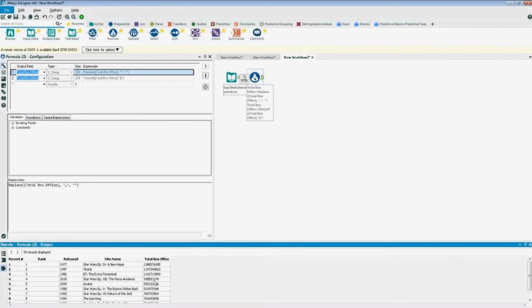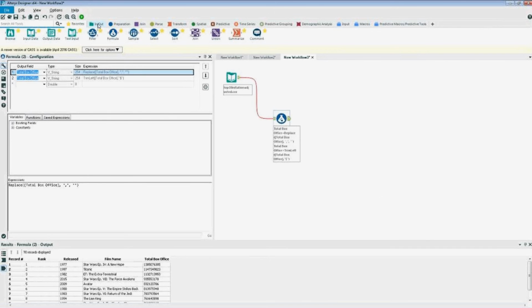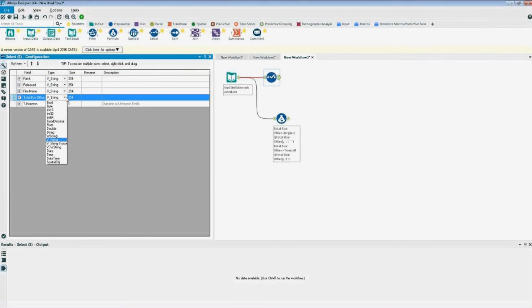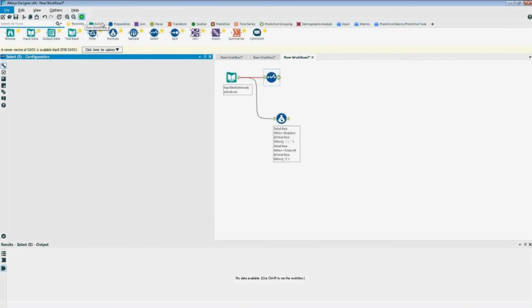Okay, I've now trimmed that off. I now have valid numerical values here that I can work with and could sort or do numeric filters and the like. I'll show you belatedly the reason that I wanted to do that, and that is if I go in and add a select and change total box office from a V string to a double, meaning from a string field to a numeric field, and run it,